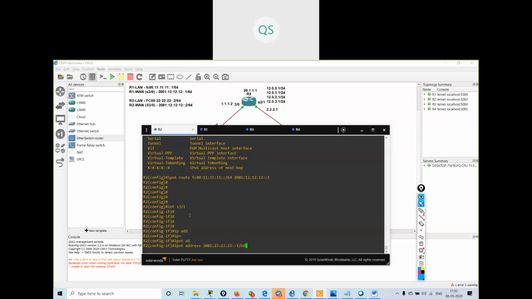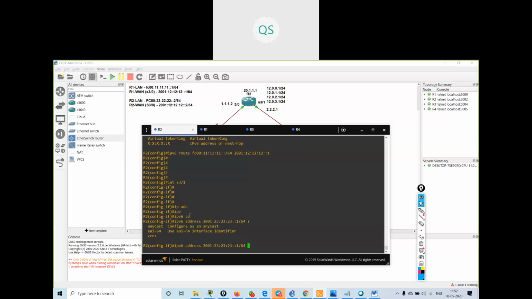Okay, and I can say EUI64, uses the EUI64 interface identifier. See now the difference in both. What I've done is I came inside the interface, gave the IPv6 address 2001, and told it that for this interface, take the auto-defined address.